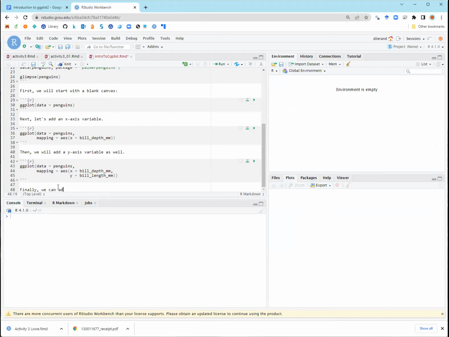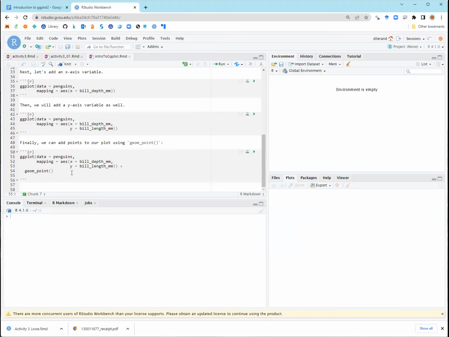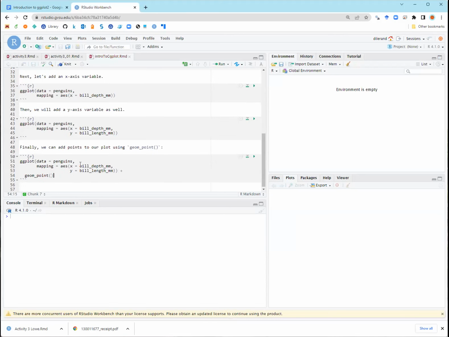Finally, we can add points to our plot using geom points. Okay. So if we knit that,